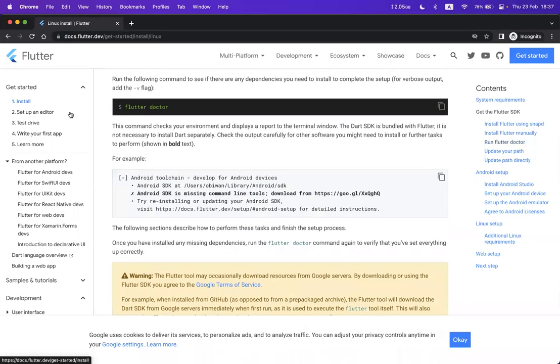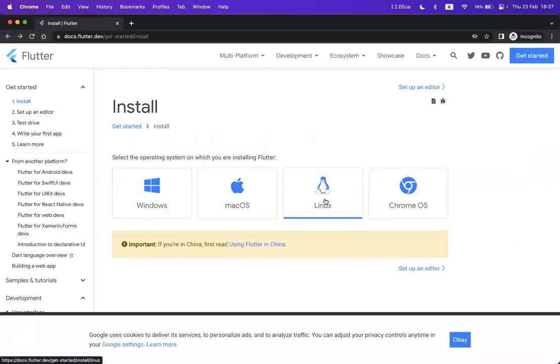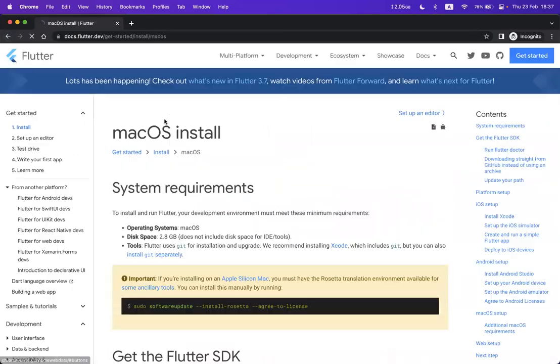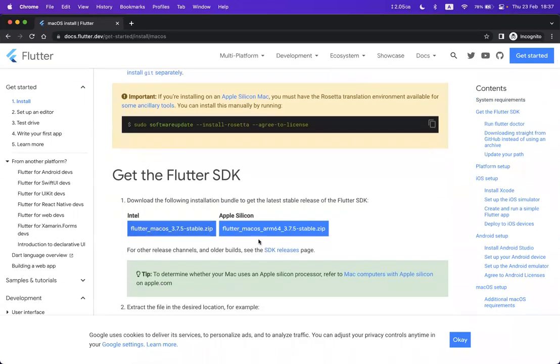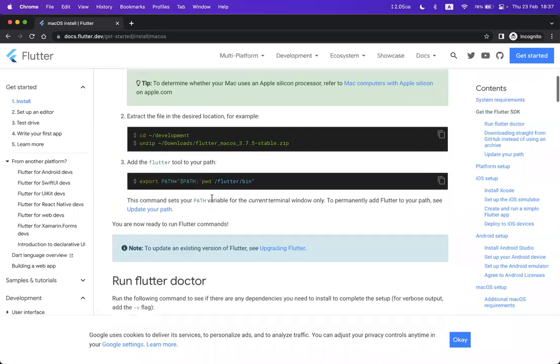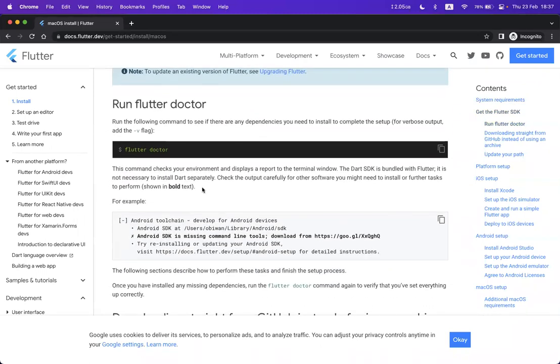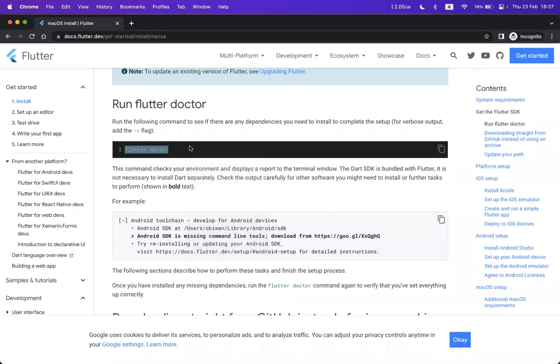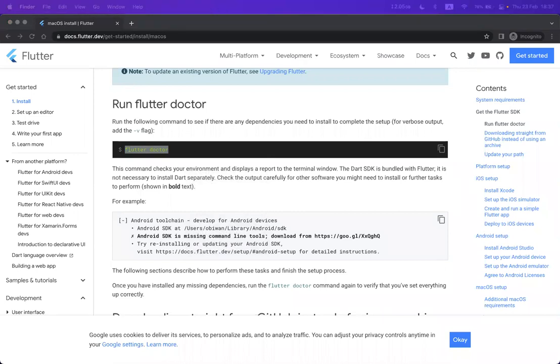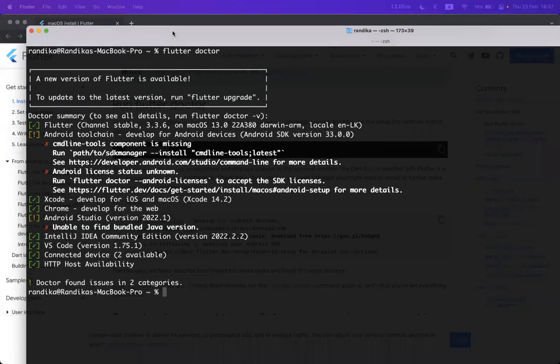And even though I'm not on a Linux machine, since I'm on macOS, I have done these things for my Mac, and I have set this class path and everything. The first thing that I need to do to verify whether I am capable of running Flutter is to run this flutter doctor command. Okay, so flutter doctor is a terminal command which tells you whether you